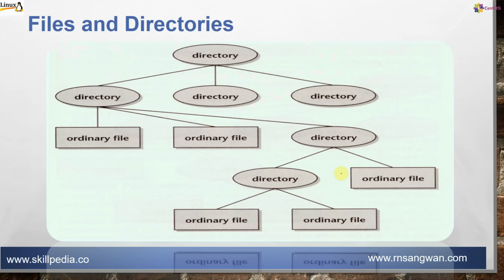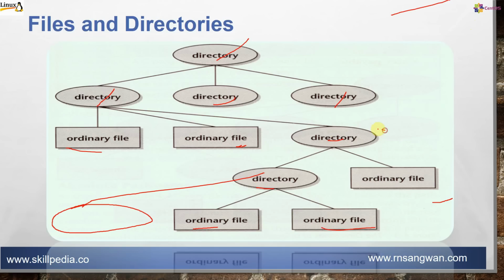Now this is the concept which I was referring to. I drew a tree to understand the same concept. Suppose this is your root directory. Under that you have another directory, and under that we have another directory. Under the directories we have these directories, and you can have ordinary files. Directories can have further subdirectories and files. We can have another ordinary file, and we can have a directory as well.